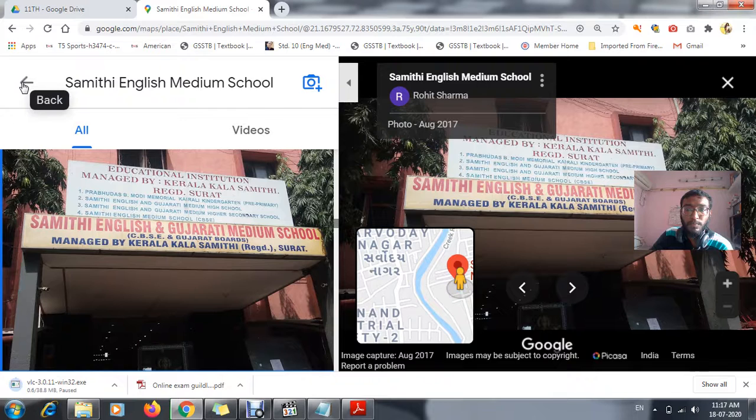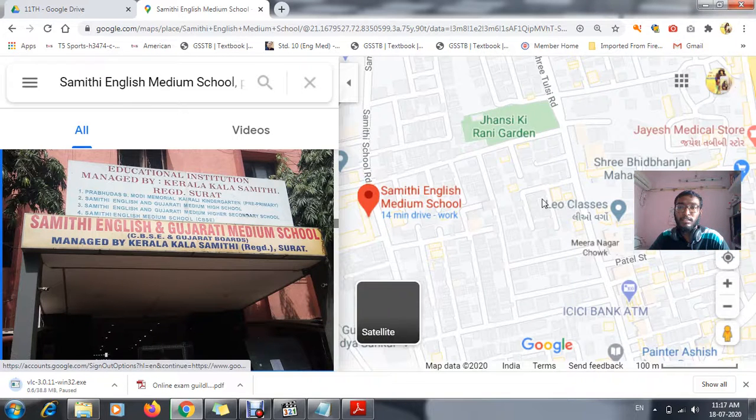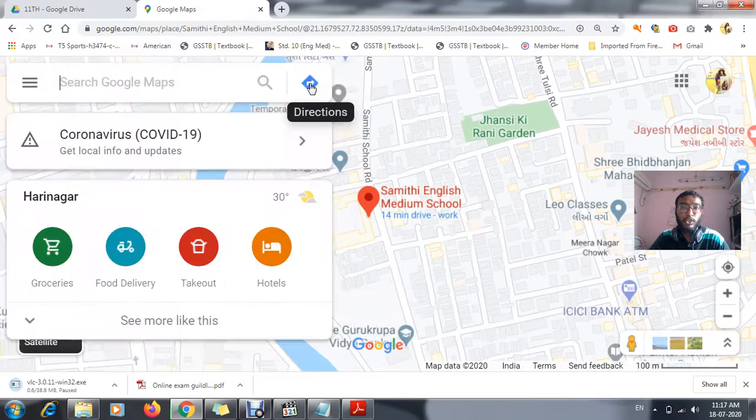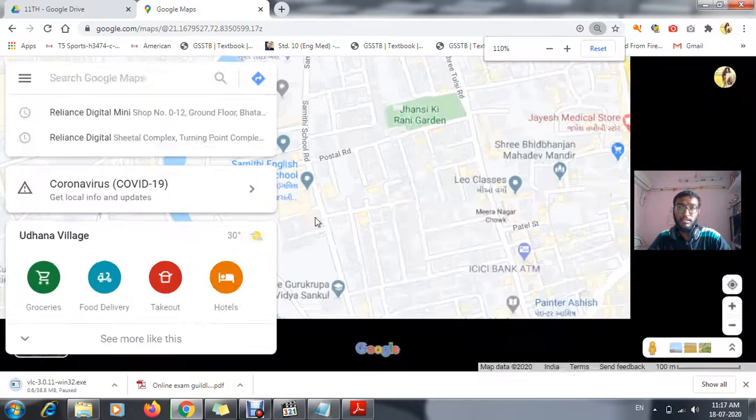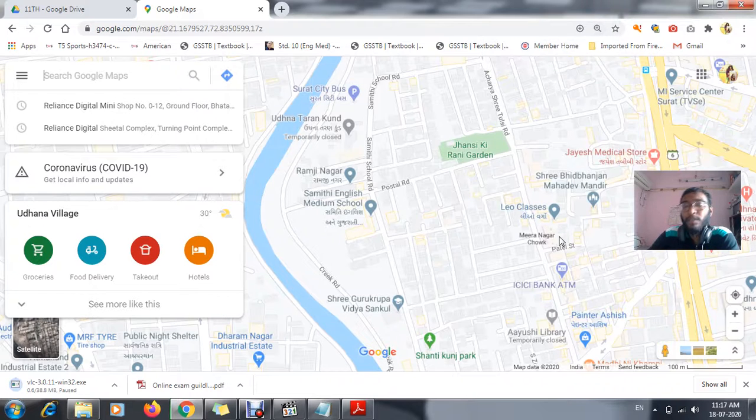That means what happens, for each and every location we will be able to view that particular geographical area. Suppose I am in a certain unknown area where I don't have any knowledge. If I want to get a petrol pump, I will open Google Map, and over there I will search for petrol pump. Automatically nearby petrol pumps will be displayed on that particular map. This is the basic feature of your Google Map.